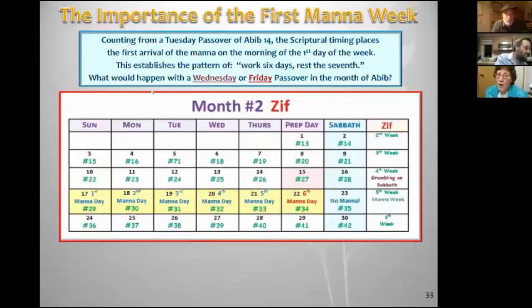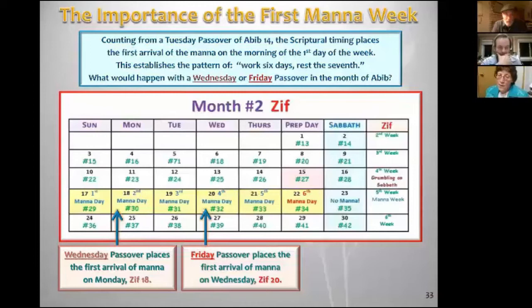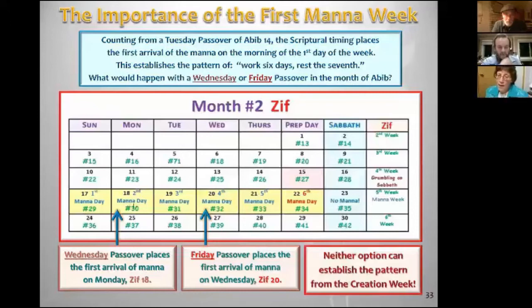But here's the question. What would happen with a Wednesday or a Friday Passover in the month of Abib? If you had a Wednesday Passover, the first arrival of the manna is going to end up here. I didn't put the slides in to show you. You can do this yourself on a calendar. But if you have a Wednesday Passover, your manna shows up on the second day of the week. If you have a Friday Passover in month number 1, the first day that the manna arrives is on the middle day of the week. Therefore, neither option can establish the pattern for the creation week. There's no way that you can gather 6 days of manna starting on a Monday or a Wednesday and then keep the 7th. So right here, it's already showing us that a Wednesday Passover or a Friday Passover will not work with this calendar,